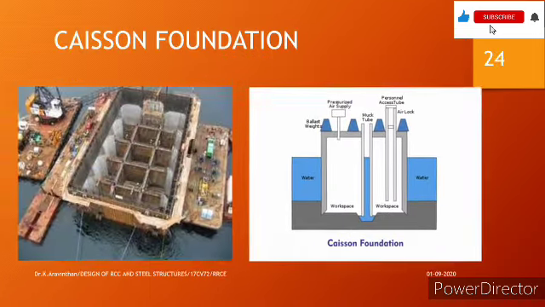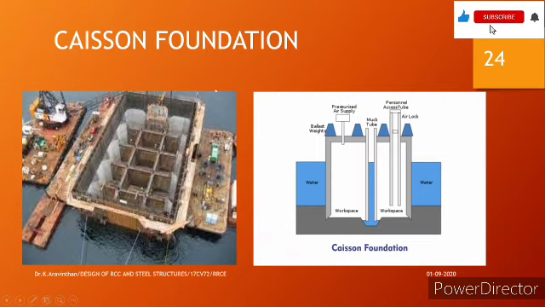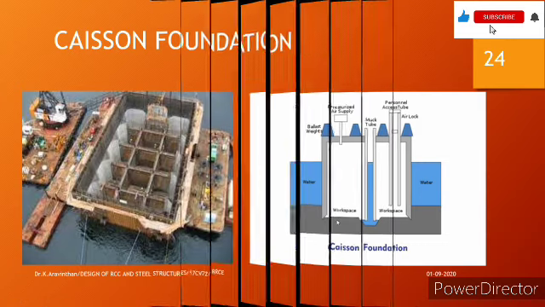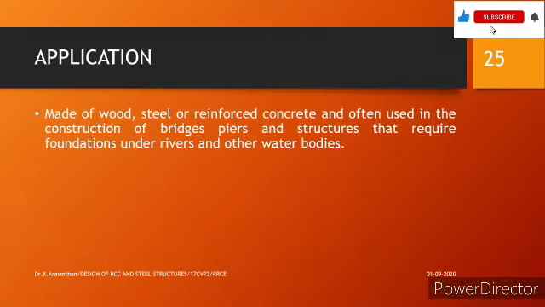And the last type is caisson foundation. Caissons are for heavy loads, which might be for a dam and offshore structures. You will be having, see, this is a structure which is being built, and above that you will be having the platform which you are going to use. So the water will surround the whole area, and the working platform will be here. The load which is acting here will be transferred to the rock which is below the water. So this is called a caisson foundation.